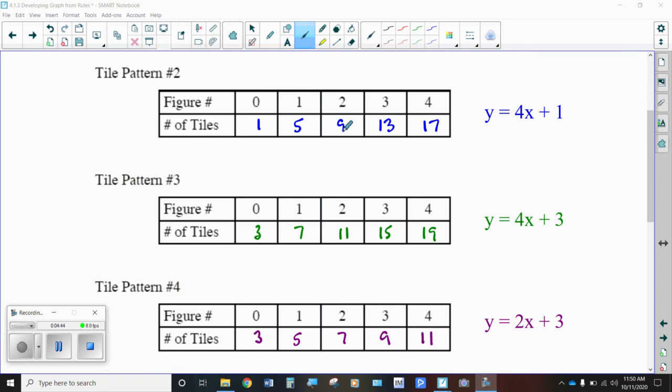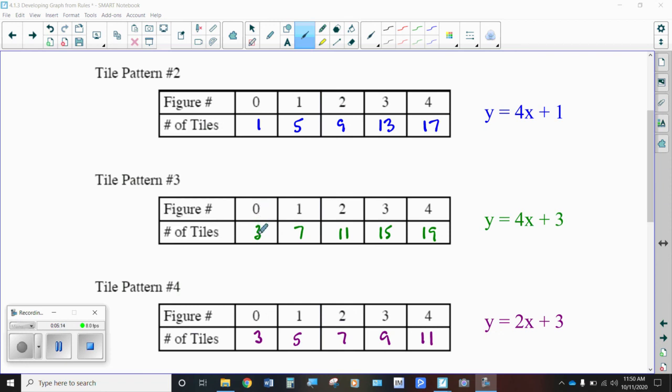Tile figure 2 had 9, 4 more than the previous. Tile figure 3 had 13, and 4 had 17. Moving down to tile pattern 3, the first figure had 7 tiles, the second one had 11, the third had 15. So it had a growth pattern growing by 4. That's your growth factor. And whatever value for x is, you multiply it times 4 and add it to how much you started with. So figure 0 was the starting point, and you had 3 tiles that you drew for